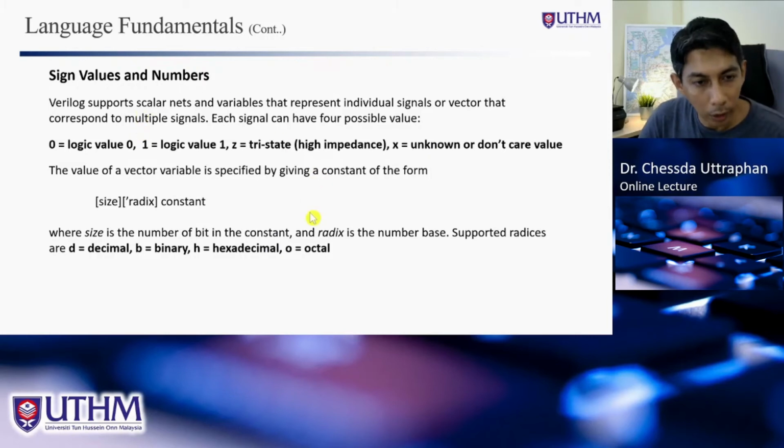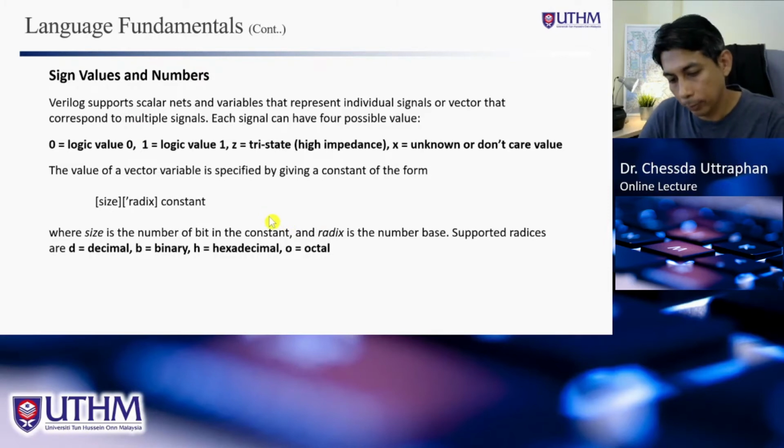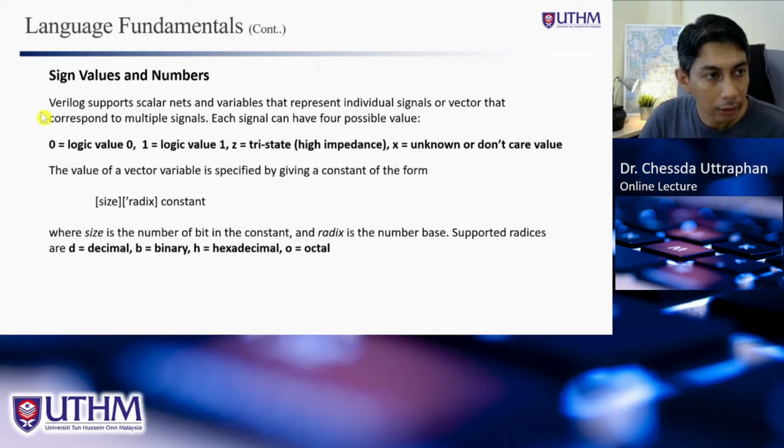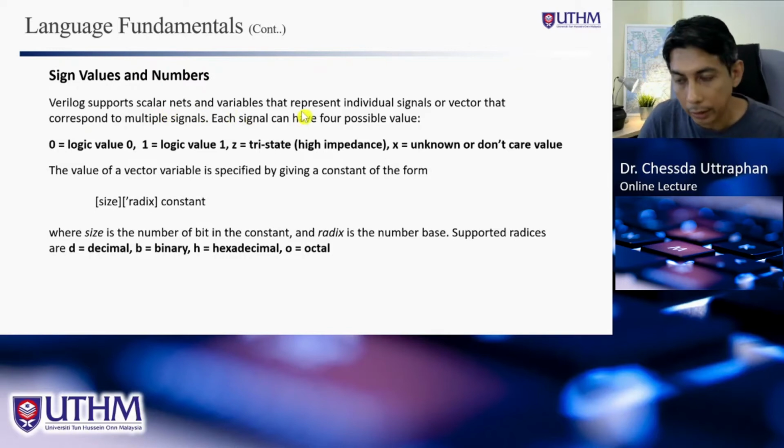Now, let's see what we need to know in order to write a good code. First is signal values and numbers in Verilog, how we represent numbers in Verilog. Verilog supports scalar nets and variables that represent an individual signal or a vector. So we can have an individual signal or a group of signals, which we call a vector,